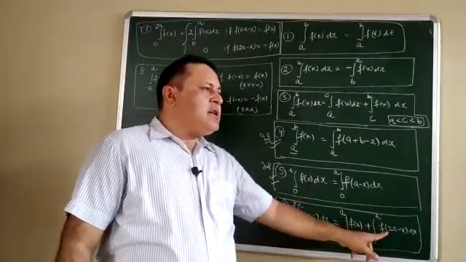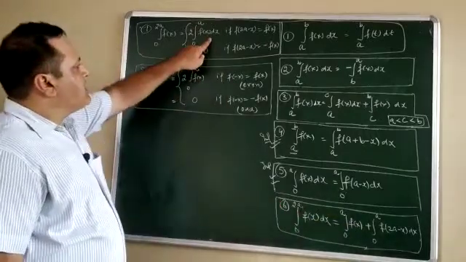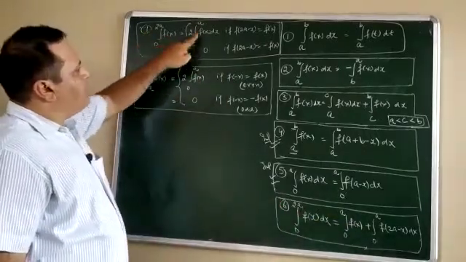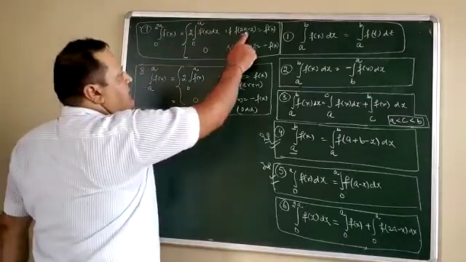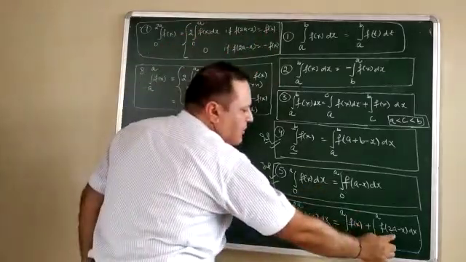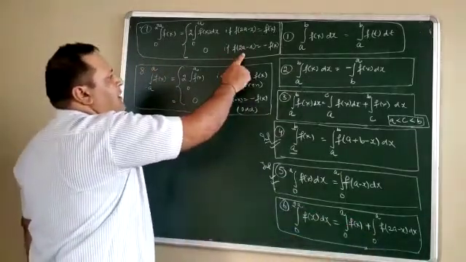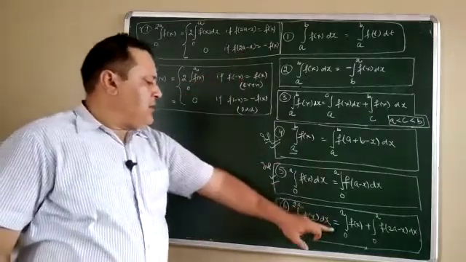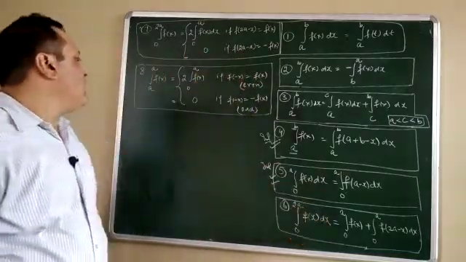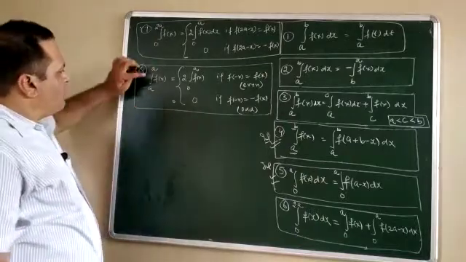And if this result is equal to f(x), then this result comes 2 times. See, this is the same property: integral from 0 to 2a, it is 0 to 2a, 2 times f(x) dx. If f(a minus x) is equal to f(x), the same result will be obtained. Then this goes for addition, or if f(2a minus x) is equal to minus f(x), then the result becomes equal to 0.